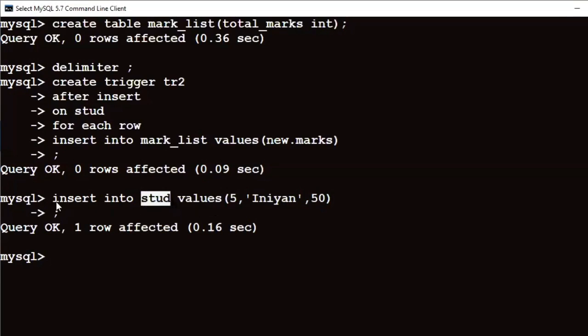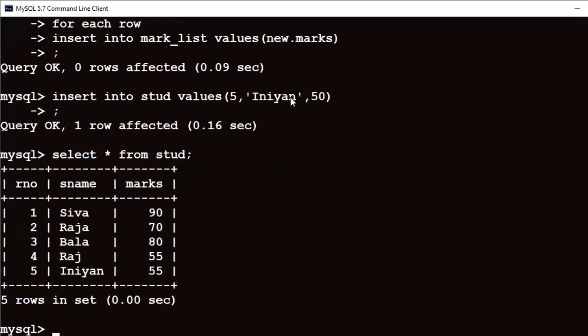Then the updated data 55 will be inserted into the mark underscore list table, that will be after insertion. Now view the student table first, STUD. See here, 50 is updated to 55. So the before trigger works first, that is TR1.